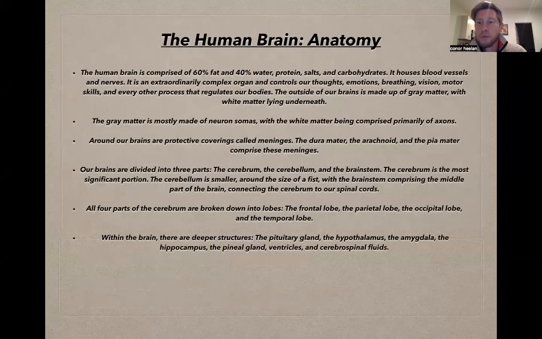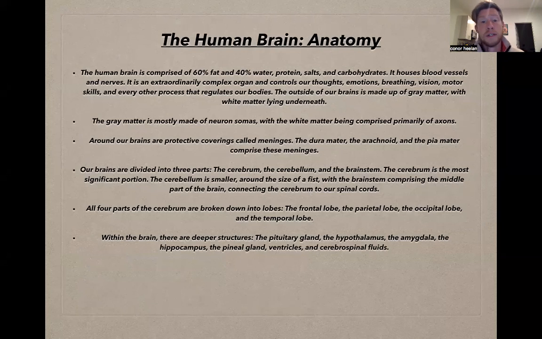So to start off, we'll do the human brain and the anatomy of it. The human brain is comprised of 60% fat and 40% water, protein, salts, and carbohydrates. It houses blood vessels and nerves. It's an extraordinarily complex organ that controls our thoughts, emotions, breathing, vision, motor skills, and virtually every other process that